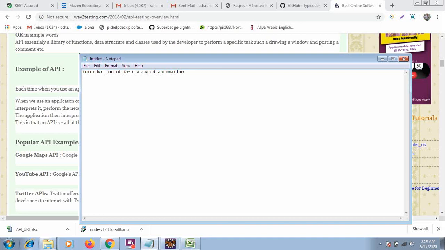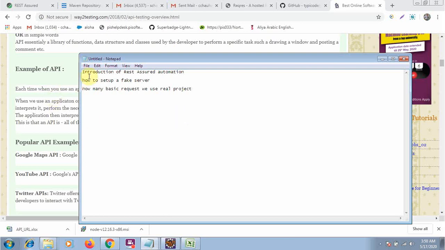Then we will discuss how to set up a fake server so that we can run our requests and get the response. Then we will get to know how many basic requests we use in our real-time project, in the industry, which are the basic requests mostly used in real-time applications.